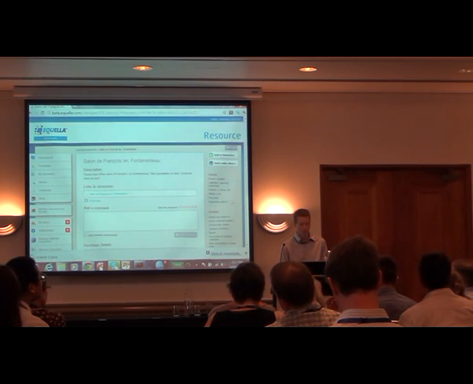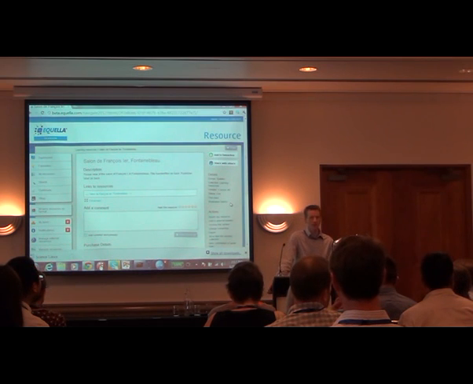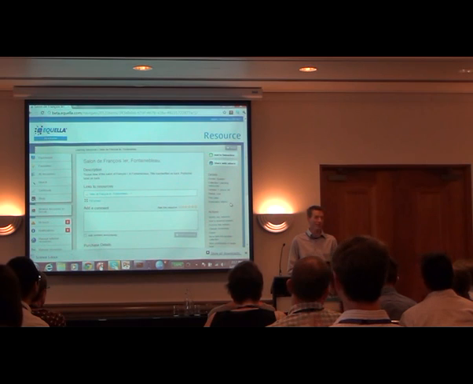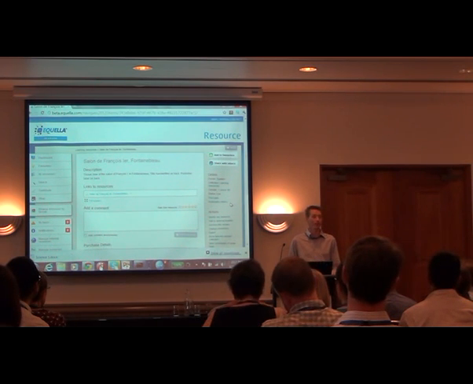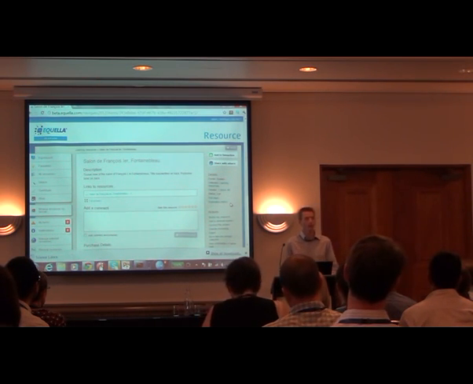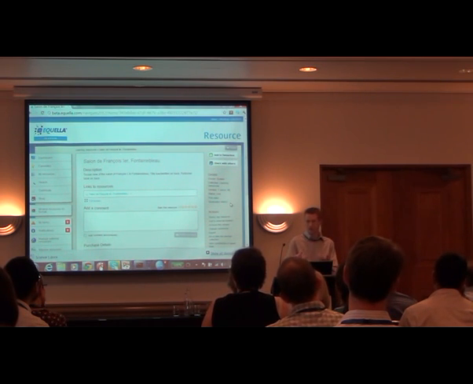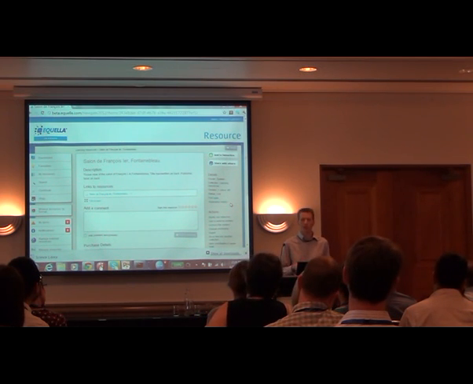Is everybody aware of what push to LMS is? Okay. So push to LMS is the inverse of what you've used before. Previously you've been in the LMS and you've said, I want to add an EQUELLA link. You go on the link and it goes to EQUELLA, you search through that, and then you pull it back into the LMS. In this method, you're starting within EQUELLA, and then you're choosing which LMS you want to push it to, and go in that direction.